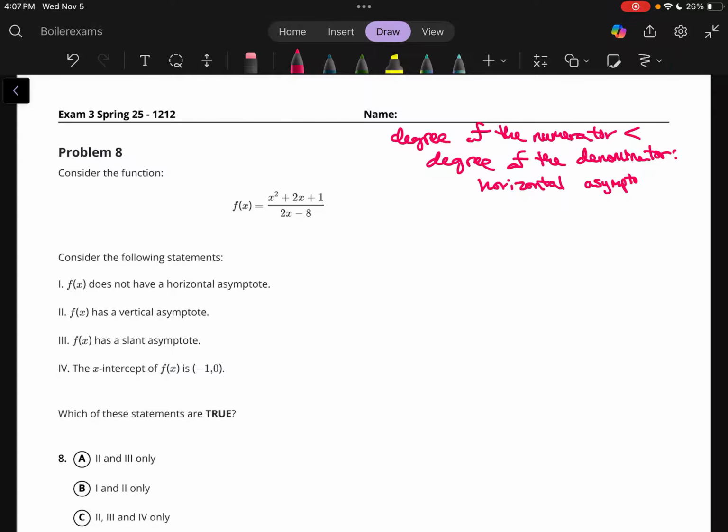And then if the degree of the numerator equals the degree of the denominator, the horizontal asymptote